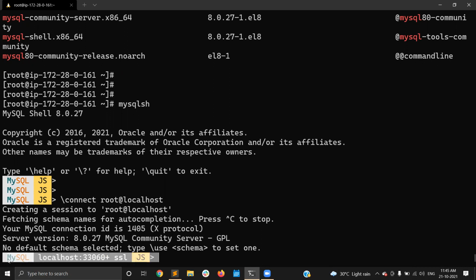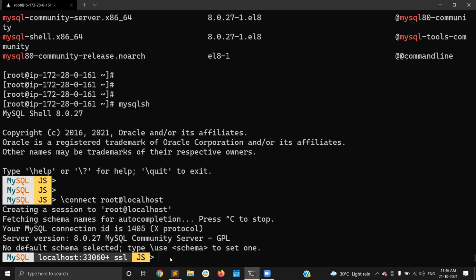Actually it will ask for the password, but I already logged in using the MySQL Shell, so it did not prompt for the password right now. Usually it will ask for the password once you give \connect with root at your connection string.